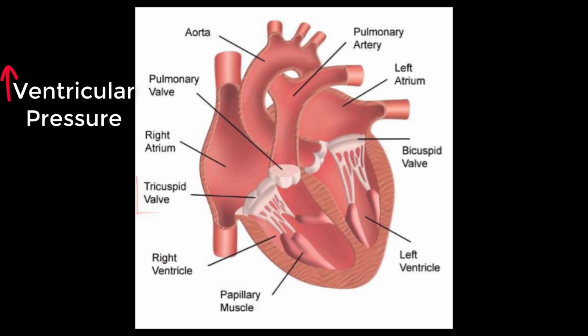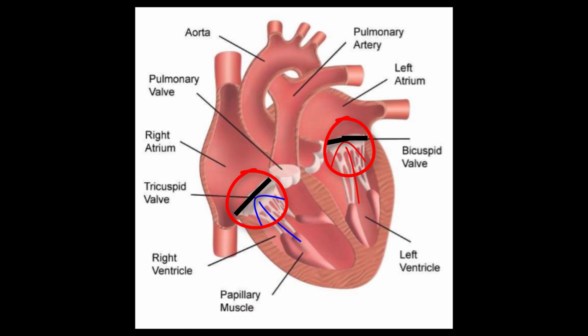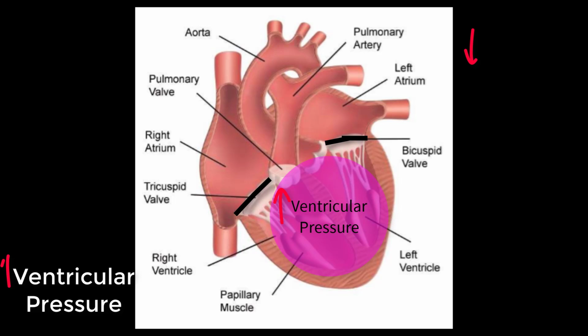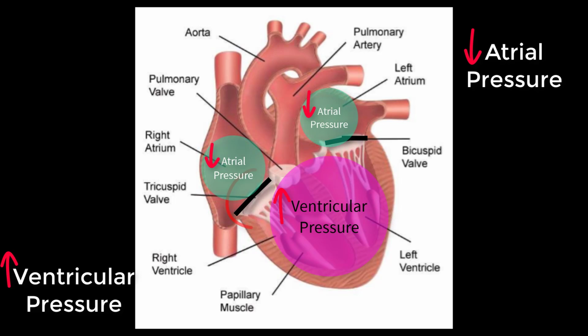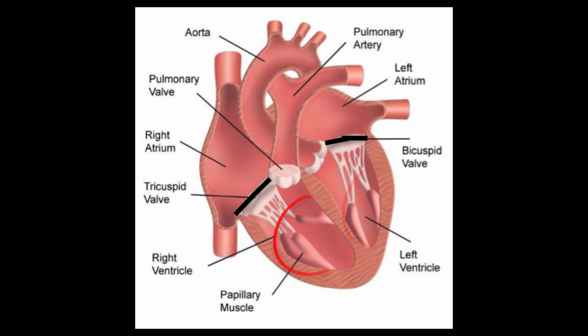It is important to note that the tricuspid and bicuspid valves are one-way valves. They cannot open to allow blood to flow from the ventricles back into the atriums. When ventricular pressure is greater than the atrial pressure, these valves will close. Remember, pressure opens and closes valves. Papillary muscles prevent these two valves from opening backwards, preventing the blood from flowing from the ventricles back into the atriums. These muscles are pulling the valve shut as blood from the ventricle is trying to push it open the other way